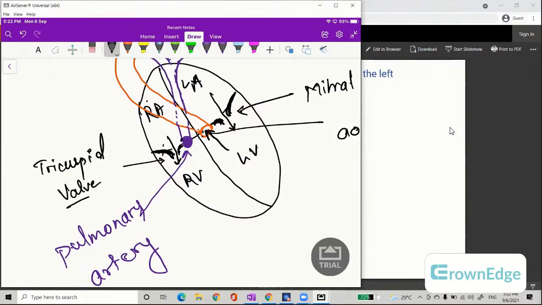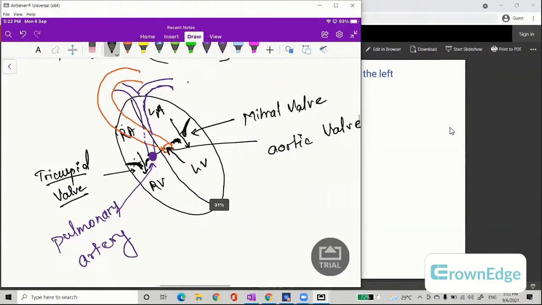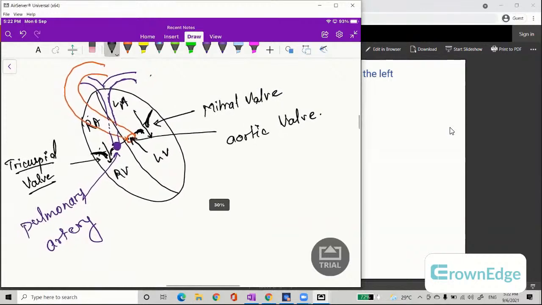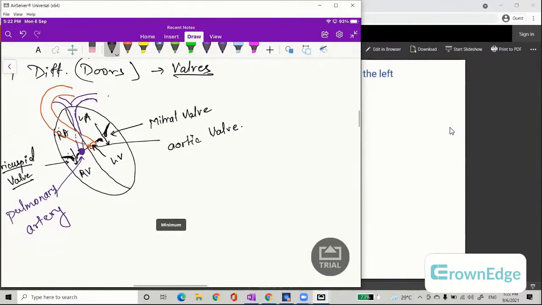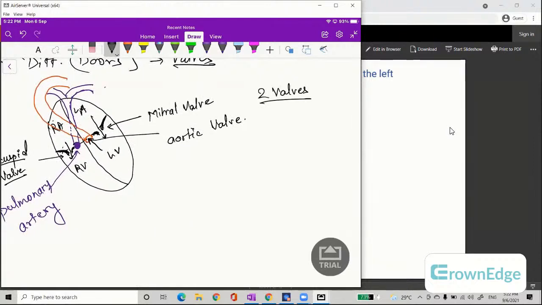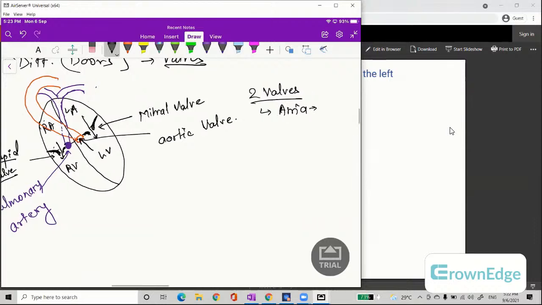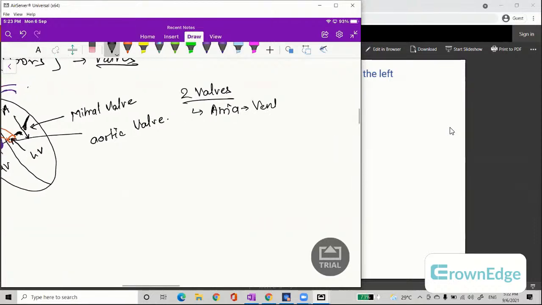Now, these are the four valves, right? Two valves are present which will allow the blood to go from atria to ventricles, right? Two valves which will allow the entry of blood from